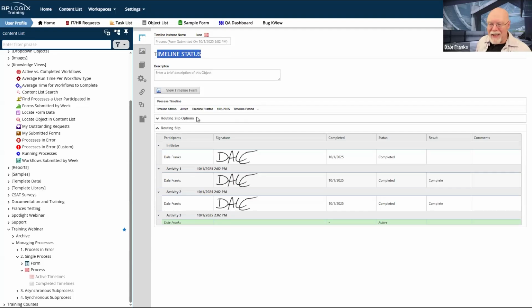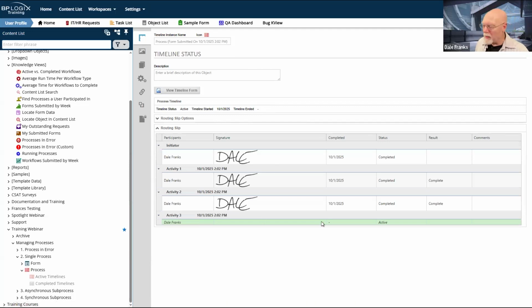There are a couple of things that we can do on this tab. Obviously, we can see the overall stats on this process timeline. It's active, when it started. Obviously, it hasn't ended, so there's no value for timeline ended yet, clearly. And there will be once I complete activity 3 and the timeline automatically terminates.